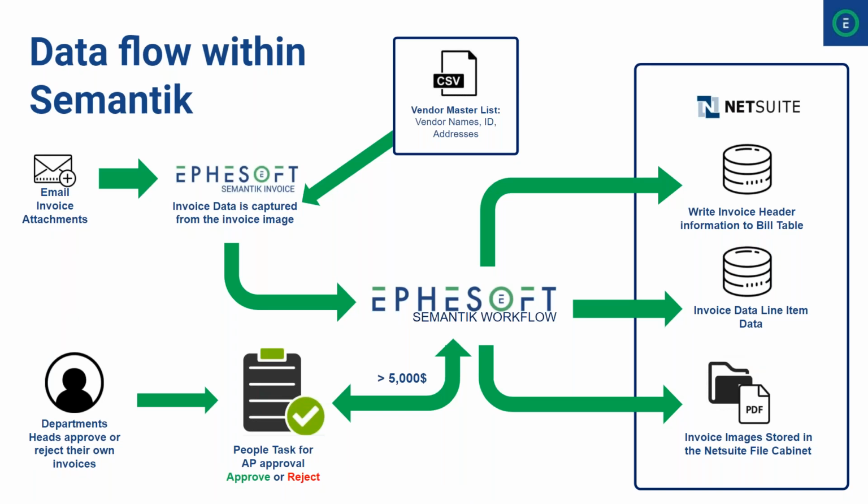Is Semantic exclusively for processing invoices, or can it process other document types as well? Great question. So Semantic for invoices is a targeted application only geared to invoices. So that's where we are today, but our roadmap is going to expand to other documents eventually around multiple other use cases. But Semantic for invoice is laser focused on the data extraction around invoicing, and it does very, very well at that.